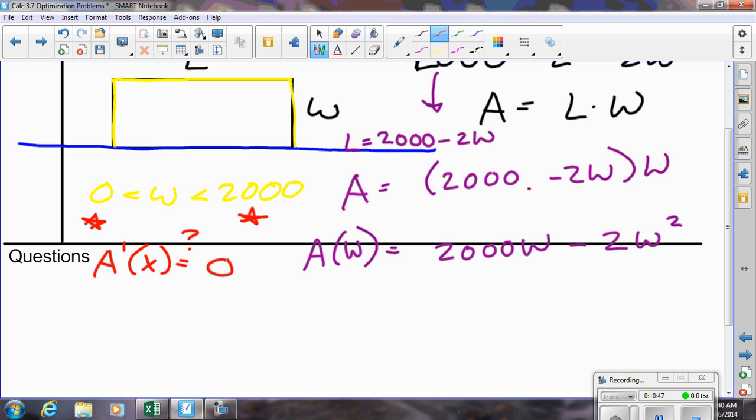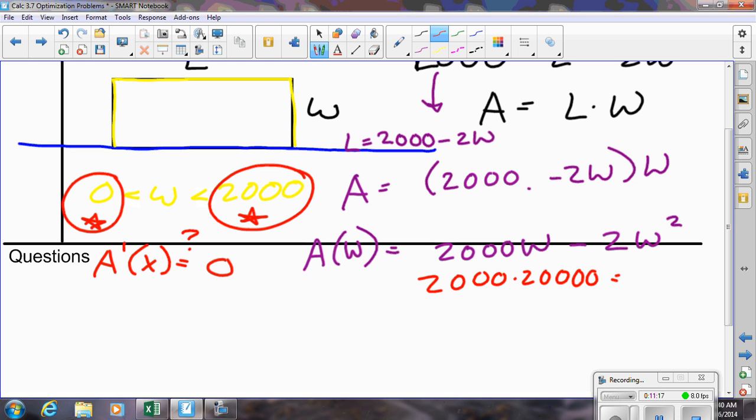So the only thing we're really checking then are, we will need to know, if we have a width of 0, what is the area? 0. So that's not going to be very big. And if we have a width of 2,000, that's also going to wind up being an area of 0, which we could check by simply saying the width of 2,000 is going to be equal to, I wrote 20,000 there, 2 times 2,000 minus 2 times 2,000 squared. Well, 2,000 squared would be,